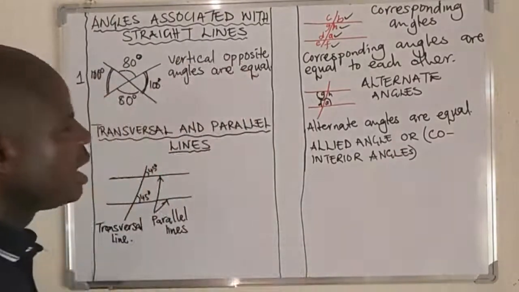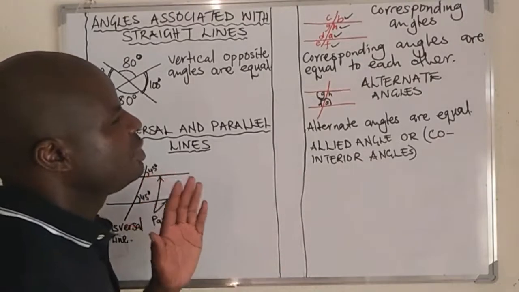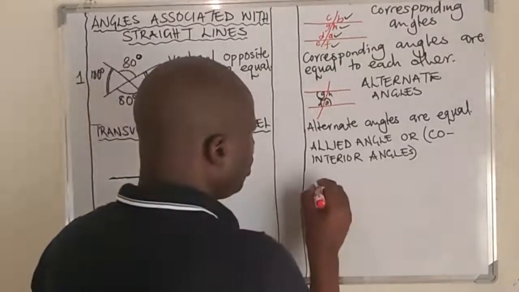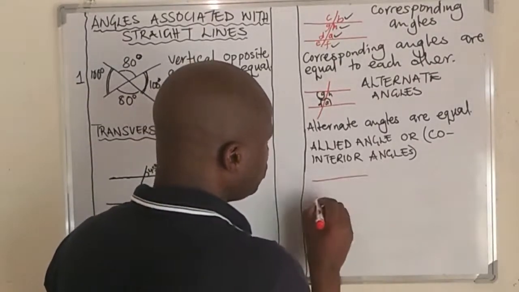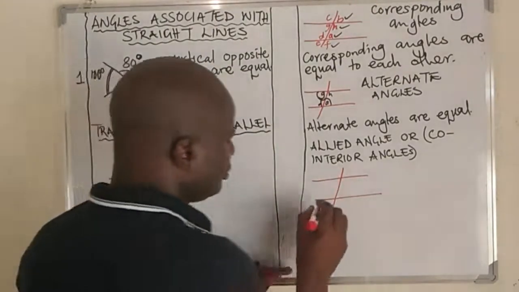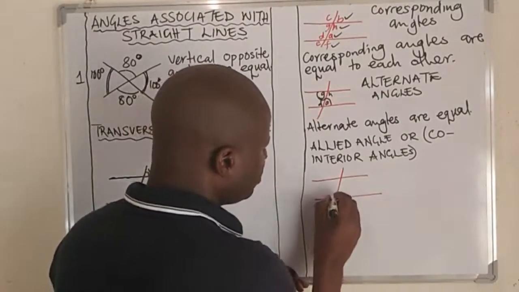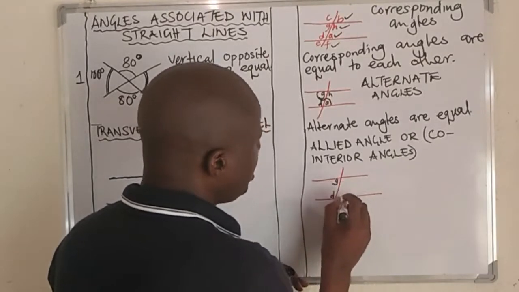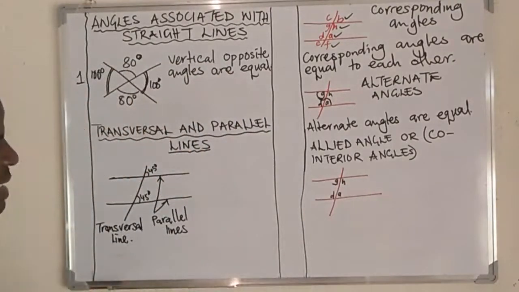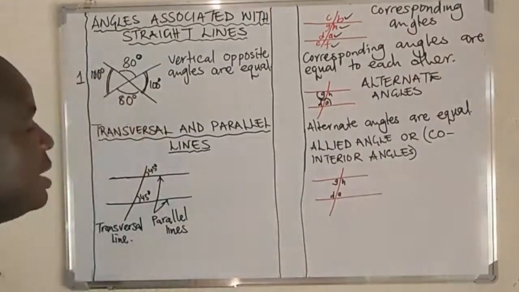Okay, so now let's talk about the other angles that are formed when two parallel lines are crossed by a transversal line. We have these two parallel lines and this transversal line. Then we have D here and G here, and then we have A here and we have H here. So we are saying allied angles or co-interior angles, they add up to